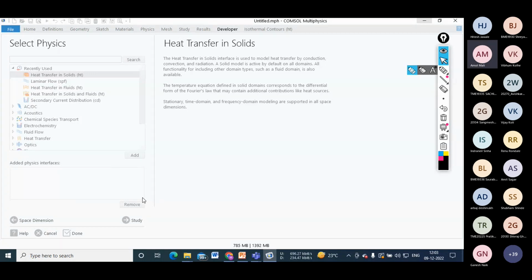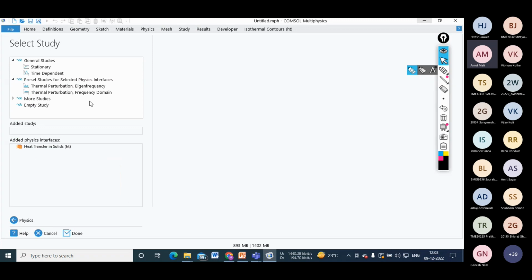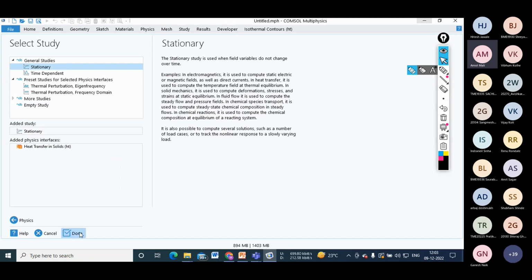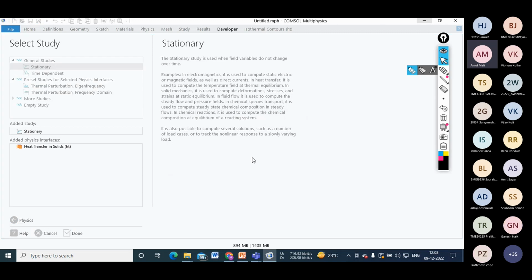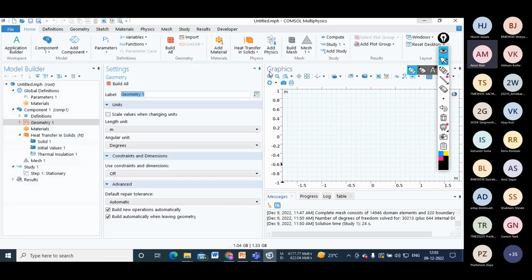I have added this. Now the next study, again a stationary study, because we are not solving with time dependence. Okay, now next to that, in stationary, what is the meaning of stationary? We have also seen that in stationary the temperature of the component is not changing with respect to time. It can change with respect to distance, but it cannot change with respect to time. So due to that reason we have taken the stationary. So here